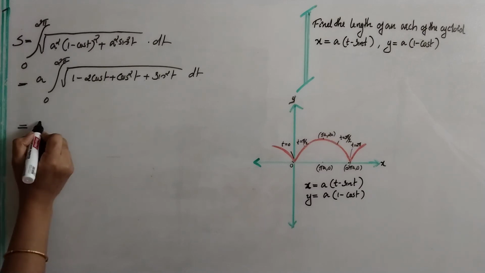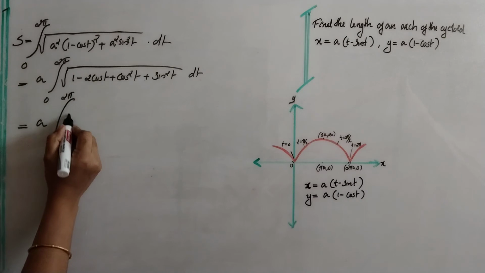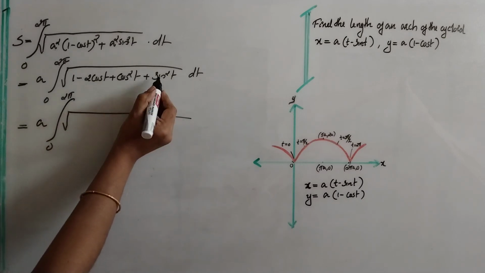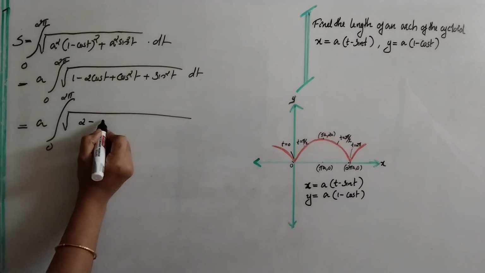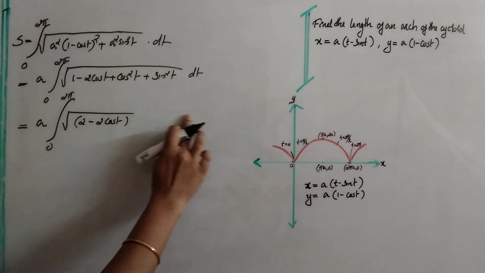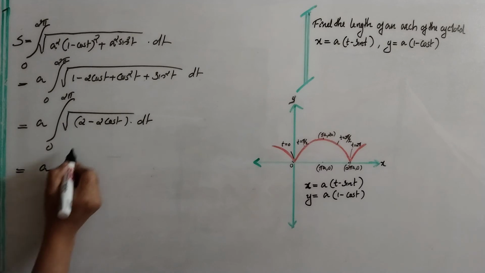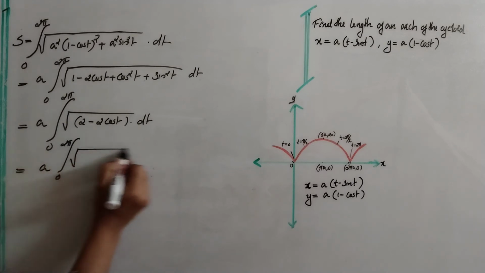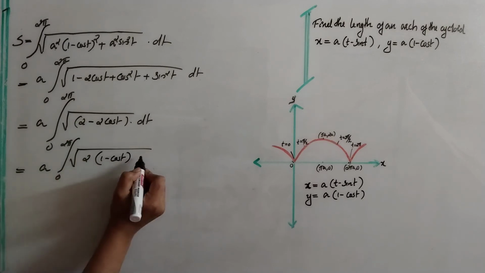So a into integral 0 to 2 pi. Cos square t plus sin square t is 1, 1 plus 1 is 2, so 2 minus 2 cos t into dt. That is a into integral 0 to 2 pi square root of 2 into 1 minus cos t into dt